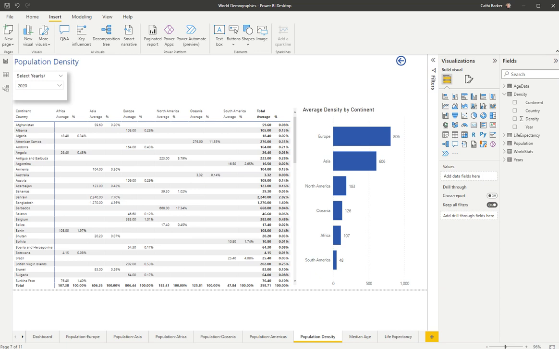Now, a really useful visual in Power BI is what they call a radial gauge chart. It's a circular arc that displays a single value and it measures the progress of that value towards a goal or a KPI, a key performance index. So it's great for showing progress towards a goal, and I want to apply a radial gauge chart to my